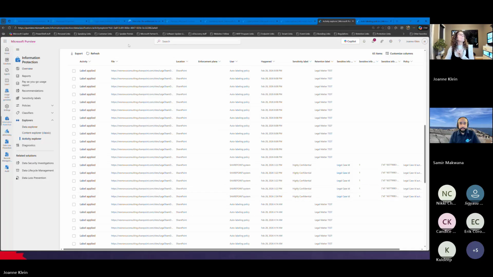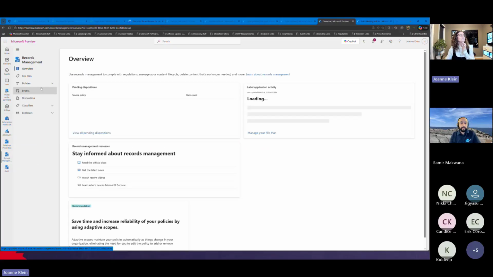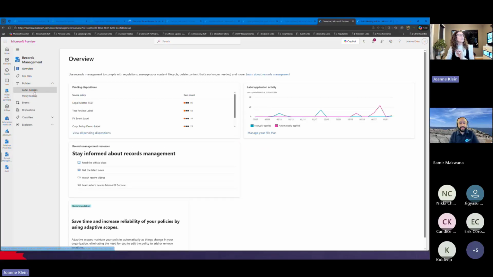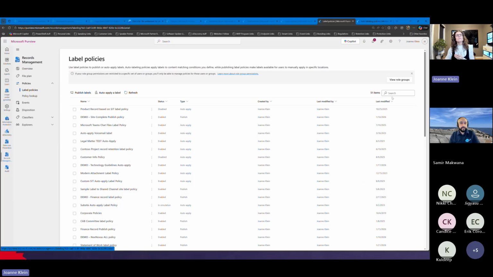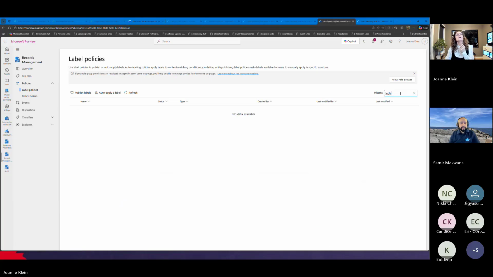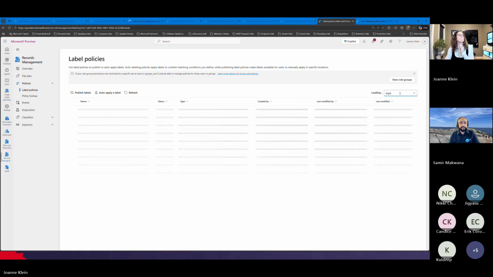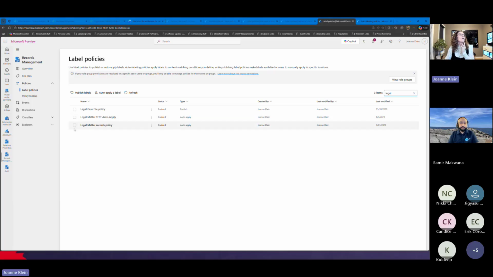On the retention label side, I think somebody asked a question. I'm just going to very quickly show how that was done. Again, this is service side only. You can't really do a client side auto apply with retention. If I do a search on policy for legal, on this policy,